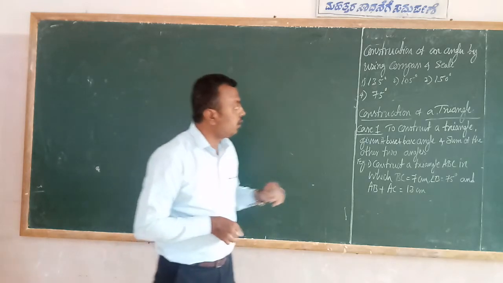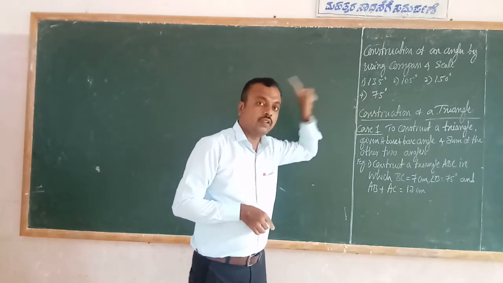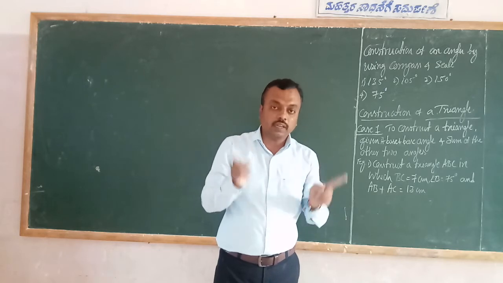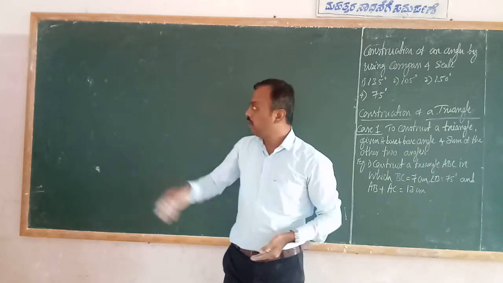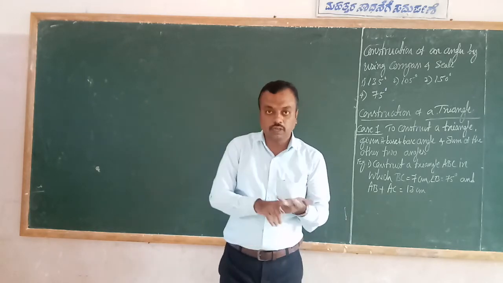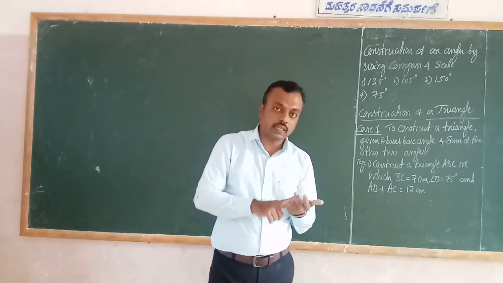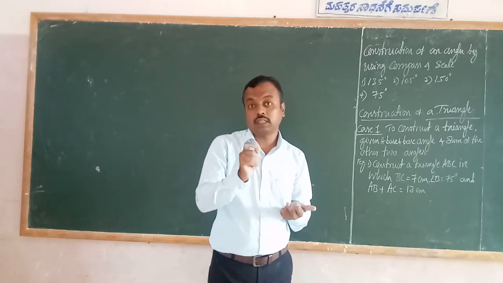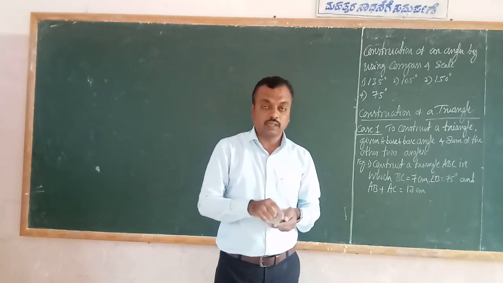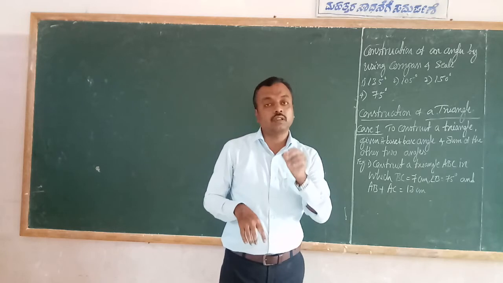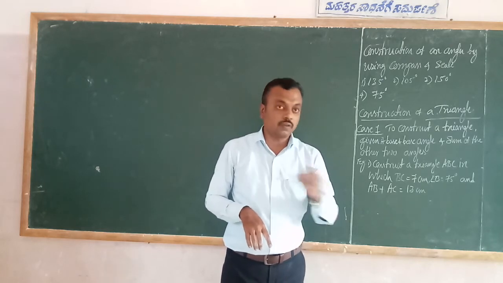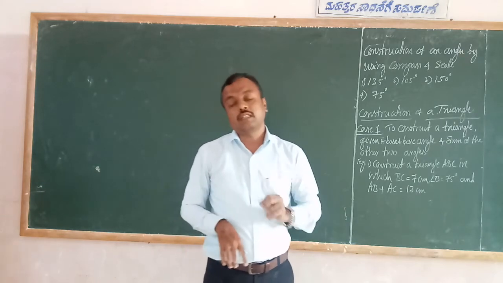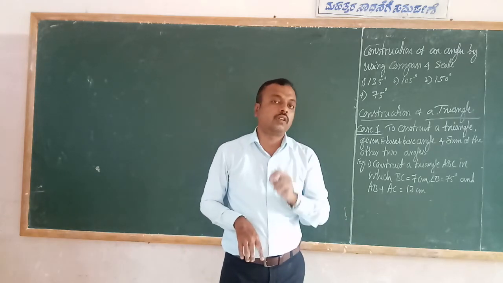Because, very simple, 75 degree is there, no? How to construct 75 degree? After that 75 degree, again you have to bisect it. So first you have to draw 150 degree. After 150 degree you have to bisect it. It becomes 75 degree. Again bisect the 75 degree. It becomes 37.5 degree. That 37.5 degree is constructed by using compass and scale. Dear students, not every angle can be constructed by using scale and compass. Only some we can construct.